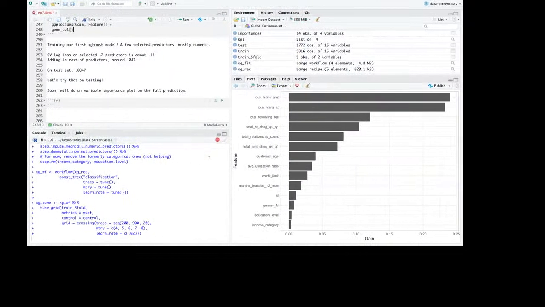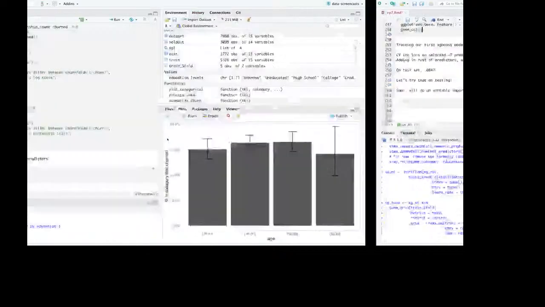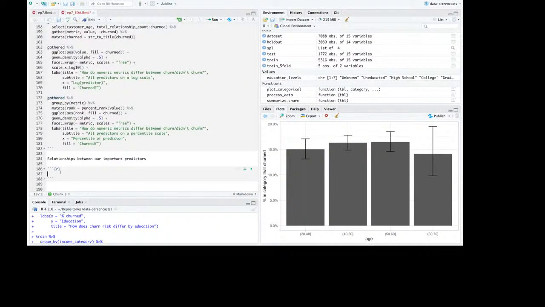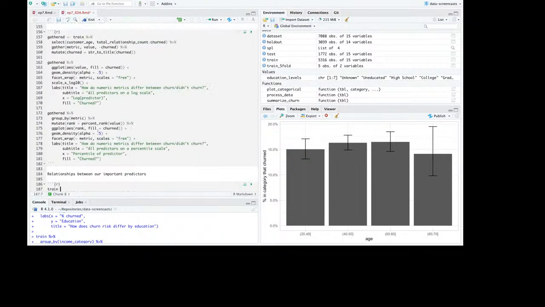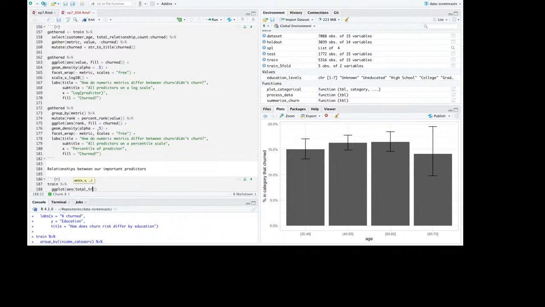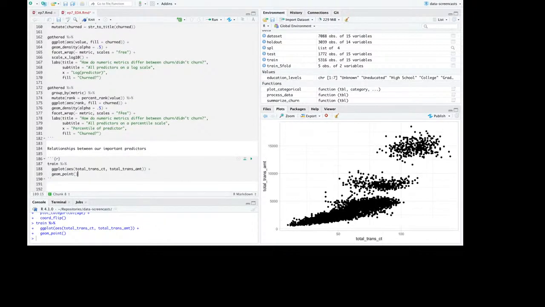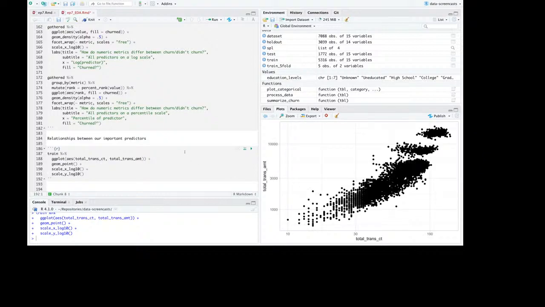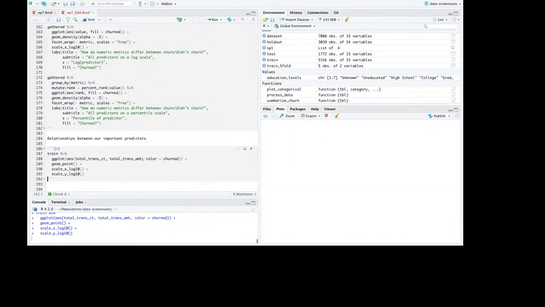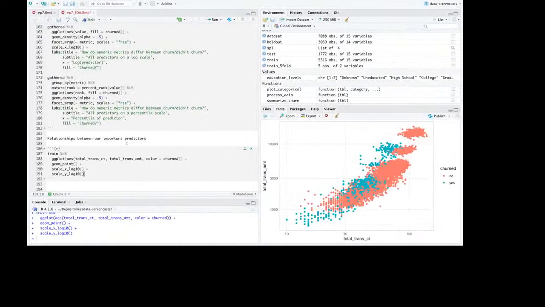For instance, I'm going to write total transaction amount, total transaction count. Those are going to be extremely correlated, but it seems like those are the two most important. So let's spend a minute looking at total transaction count and total transaction amount. Look at these levels. That's kind of interesting. Or is it? Let's do color equals, still going, and I'll do alpha.